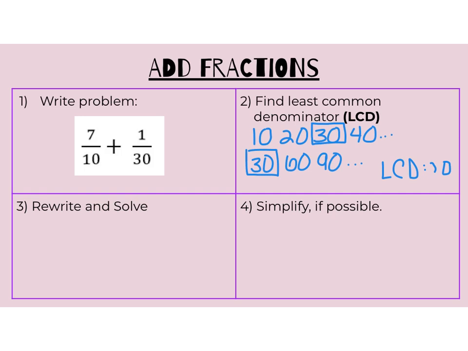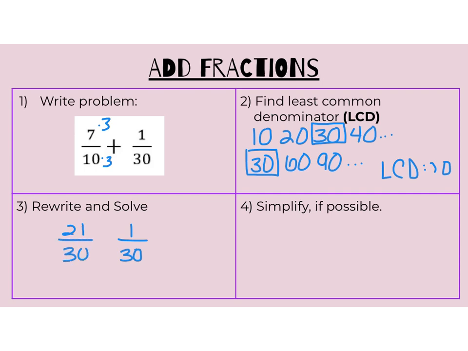Step 3, rewrite the problem and solve. So I need to make sure both denominators are 30, and 1/30 is already the way I want it to be. So I'm going to multiply 7/10 by 3, because 10 times 3 will give me the 30, and then whatever I do to the denominator, I must do to the numerator. So my first fraction becomes